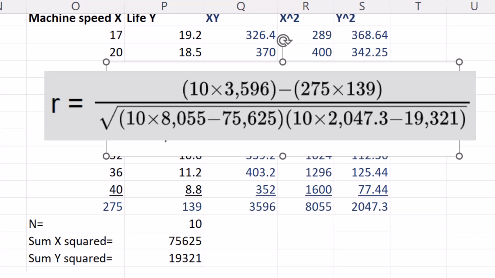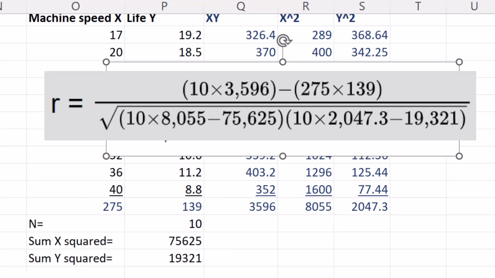And don't forget to find the square root when you're all done in the denominator. So go ahead, get out your scientific calculator and try this calculation. I recommend you do the numerator and the denominator as separate calculations, and then after that you can get the